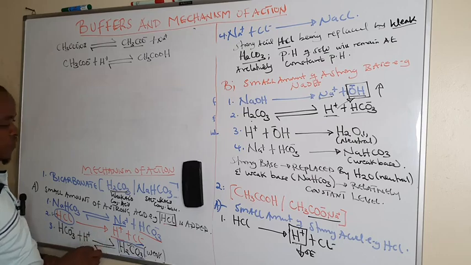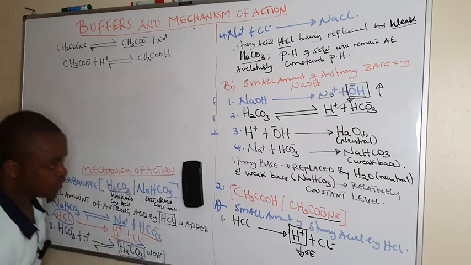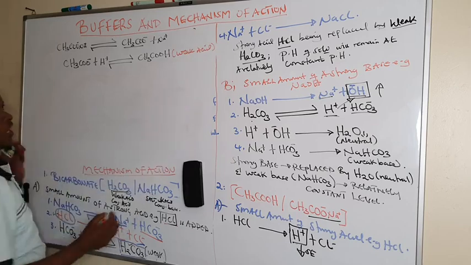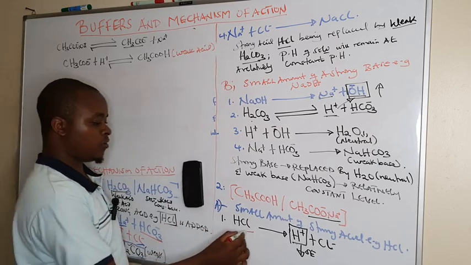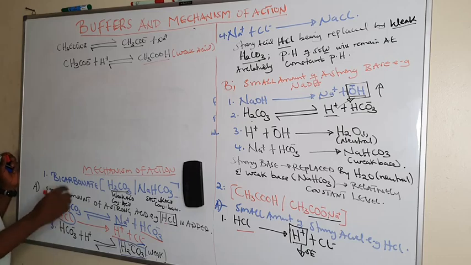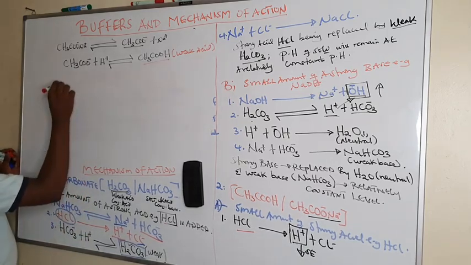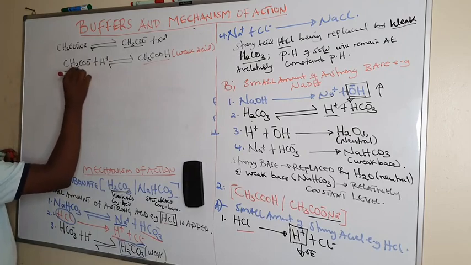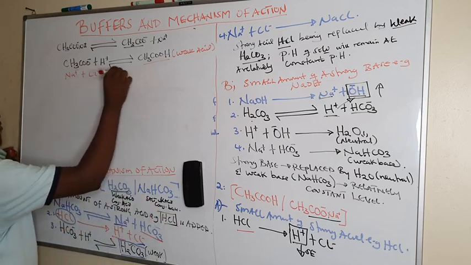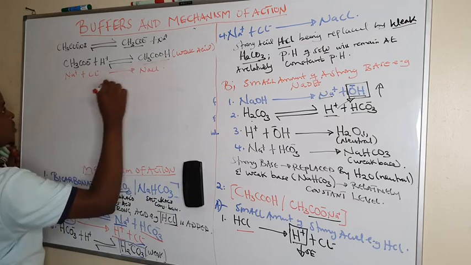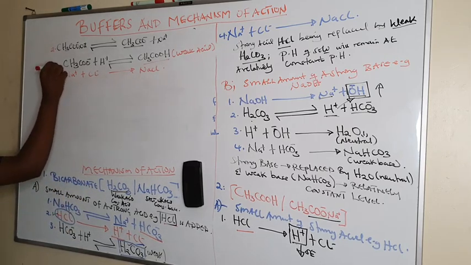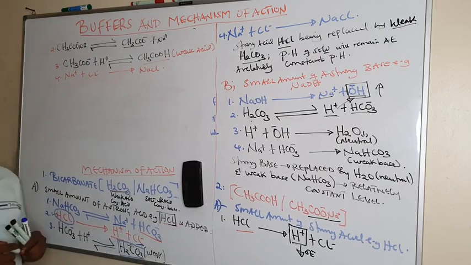This acid formed is weak. This is a weak acid. So we have replaced a strong acid, hydrochloric acid, with the weak acid, ethanoic acid. And this one will help us to keep the pH at relatively constant level. Then the sodium, which was liberated, reacts with the chloride to form sodium chloride. I told you each side should have 4 equations, 2, 3, and 4, and each equation carries many